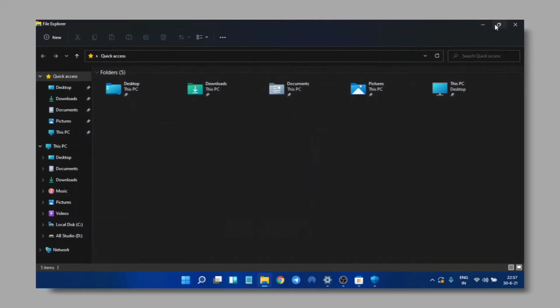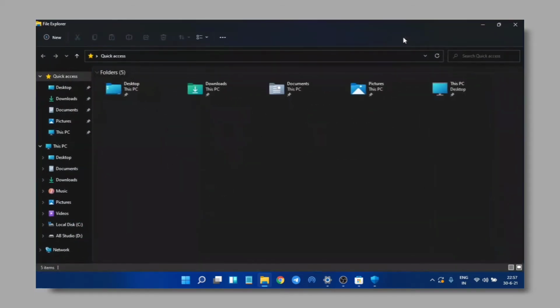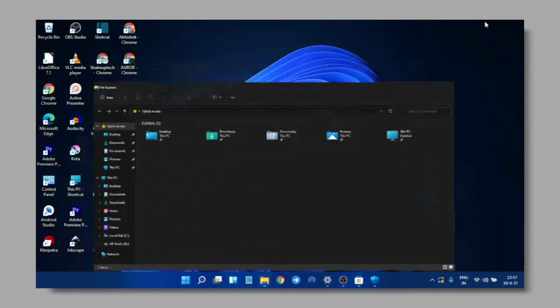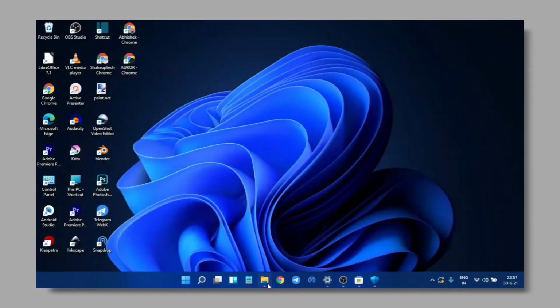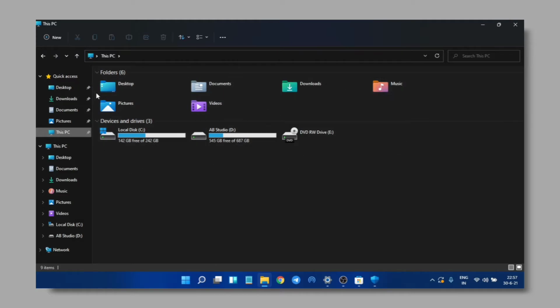So this is the file manager. Really, I'm just going to show you. Okay, just notice the animation from where it goes from minimized to full screen state. It kind of just expands, which is really nice. And if I minimize it, it goes down, so you can see the animation comes out from the bottom, and also you can notice the icon bouncing. Okay, so if I go to This PC, you can notice the new icons, very gradient looking, and we have the usual options here. You can just close all of them. It looks very clean, I think.